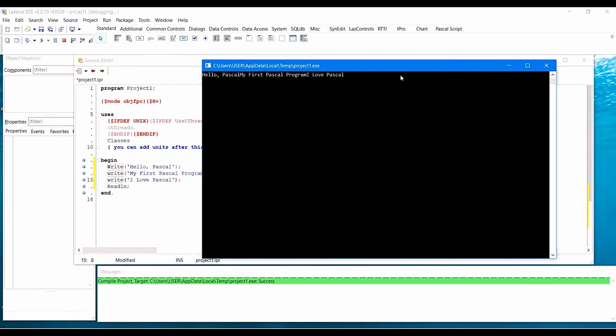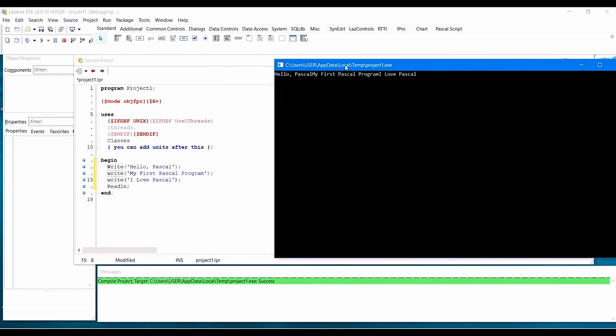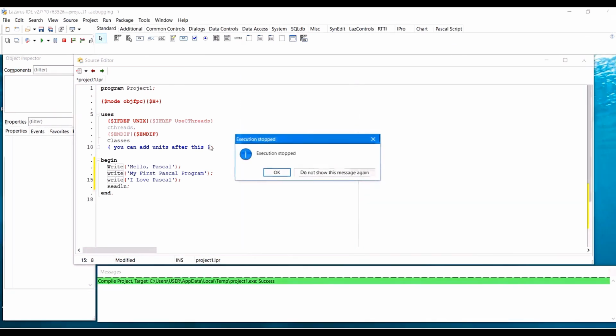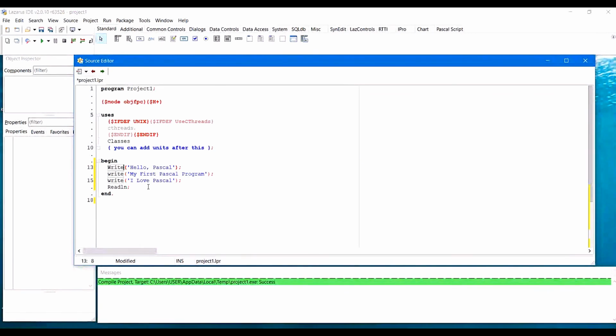So all the three lines are given as exactly one line, right? But when you use the writeln command, and even here the cursor stops in the same place, right? So again, if I change it to writeln,